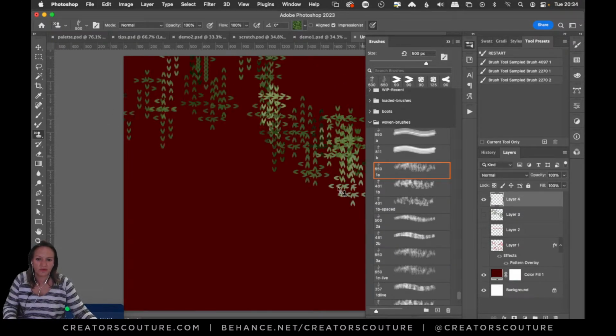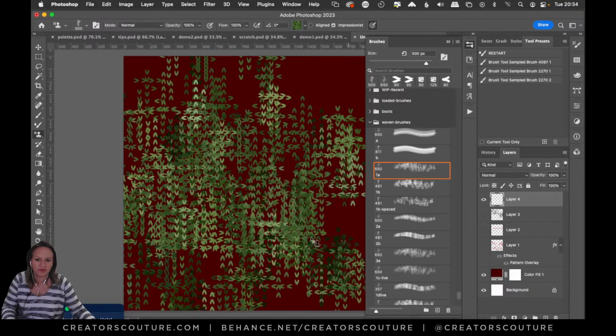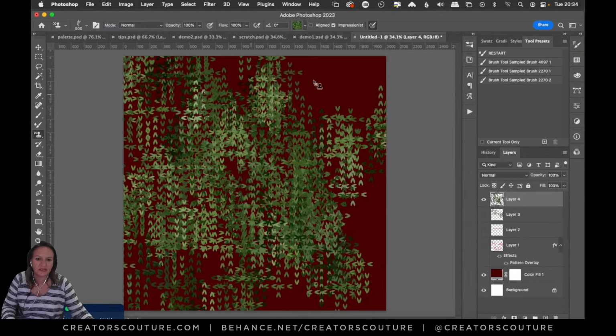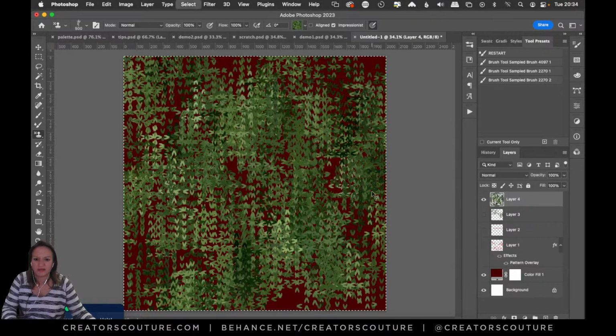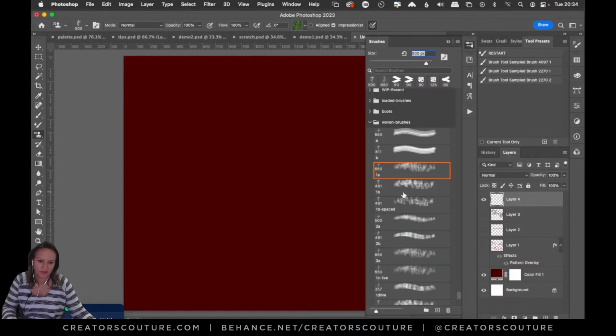And so now we basically got the same brush, but with a different tip on it. So that's how I made all of the second set of brushes. So here's brush,